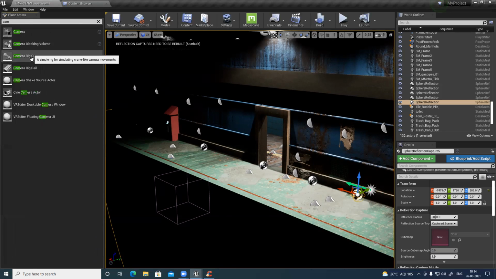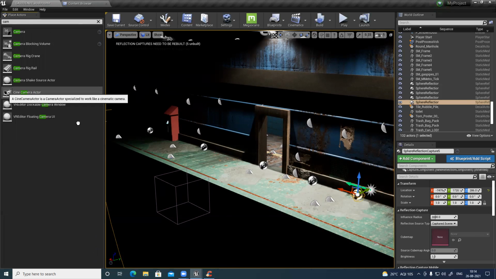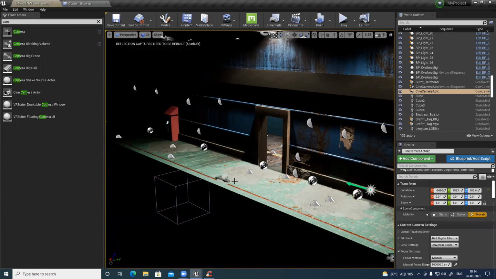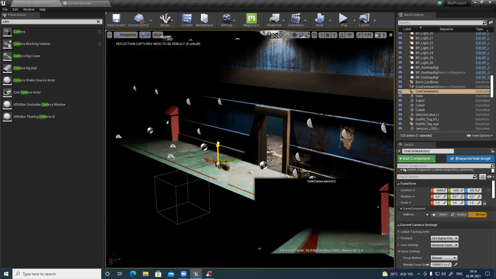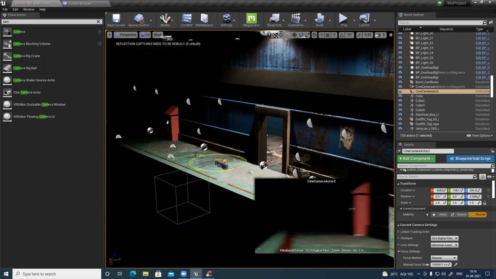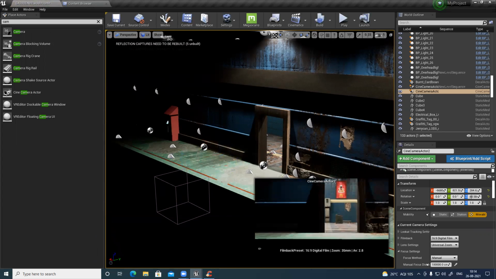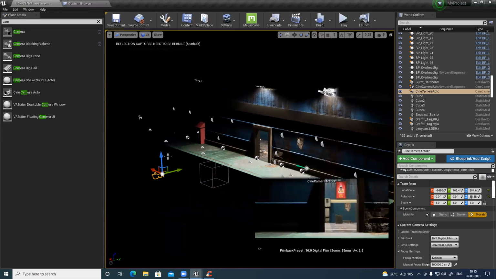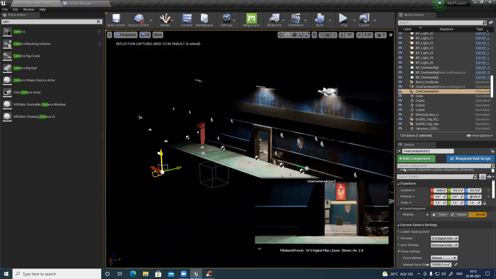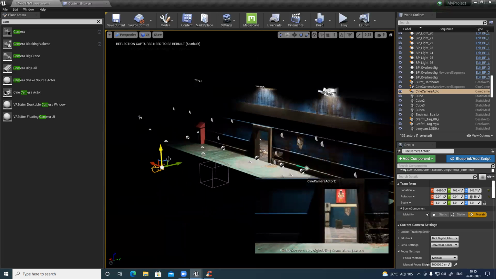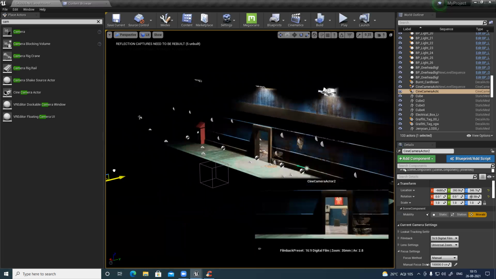Camera. So again I'll use Cine camera. Push it back.